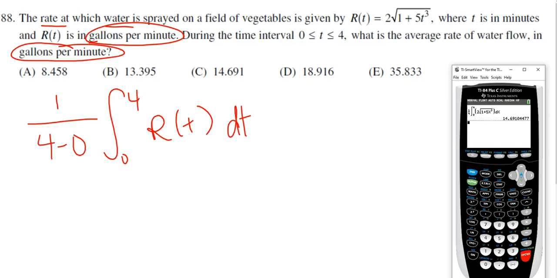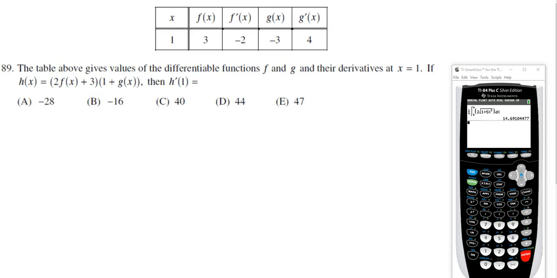And I am getting 14.691, so C. 89, the table above gives the values of the differentiable functions f and g and their derivatives